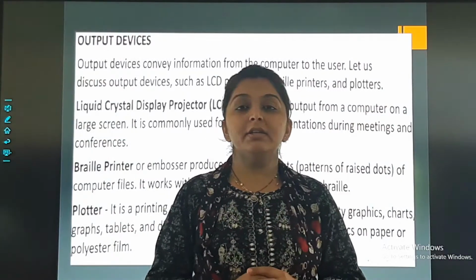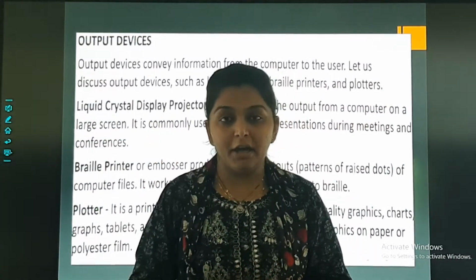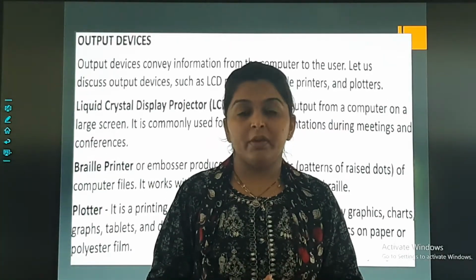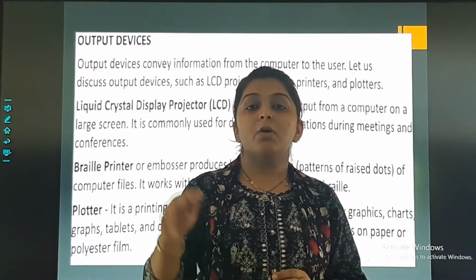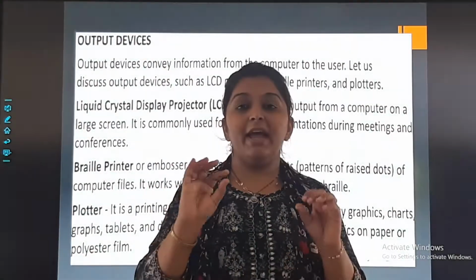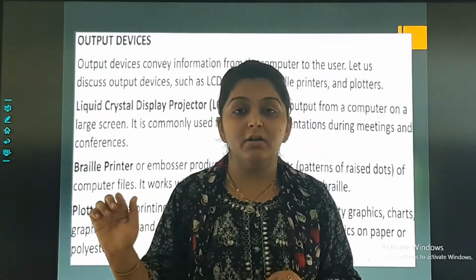Now dear children, it is a type of printer, like when we are taking out the printouts from that printer. It is used by blind people who are learning to read. With the help of that paper, they are able to recognize the letters on it.